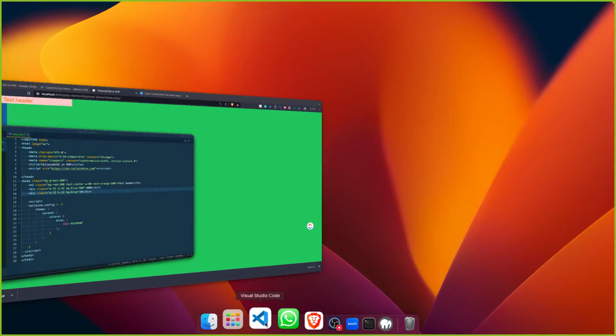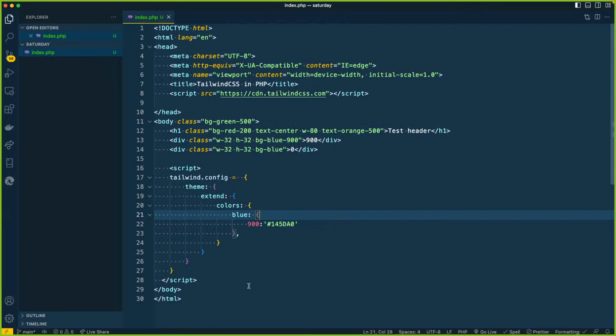So where is blue? The moment I do this, I've overwritten all the rest. Anyway, we are not here to just learn how to customize every property, but at least we've known that you